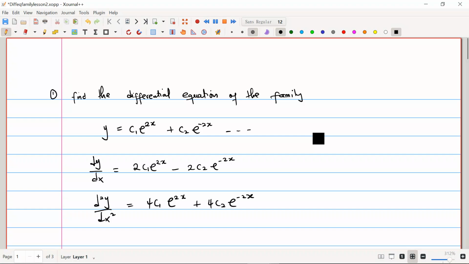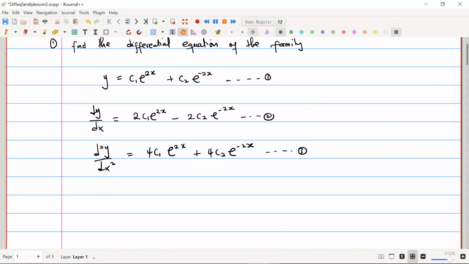We name these as equations 1, 2 and 3. The target here is to eliminate the constants c1 and c2. So whatever we can do to these three equations to eliminate the constants is what we want to do here. Now from 3,